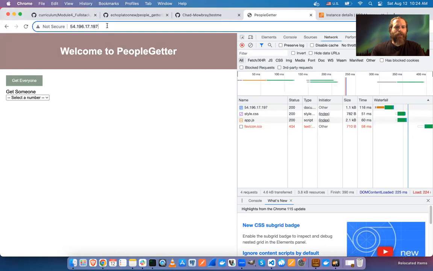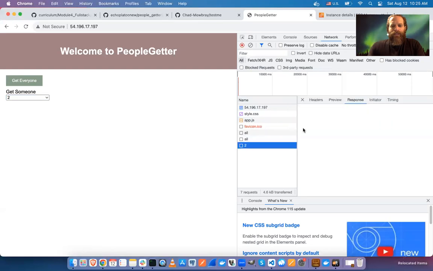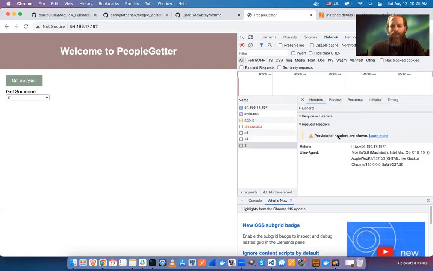And now I go to this IP address, and any of you could go to this IP address, and you should be able to see the same thing. We've got a small problem here. My initial request to get the HTML stuff works. However, the API stuff is not working. Notice that these requests